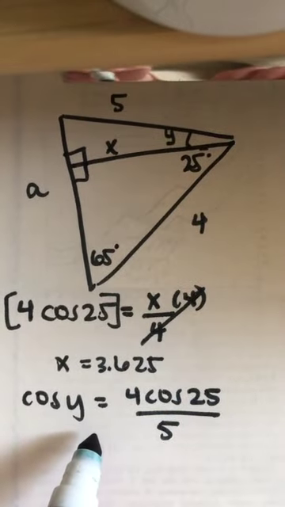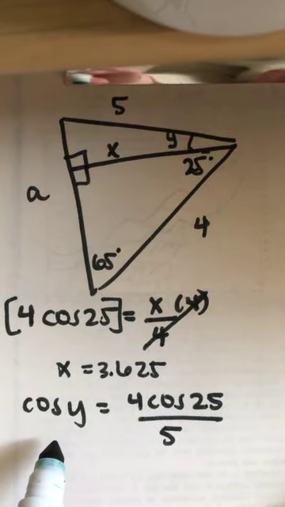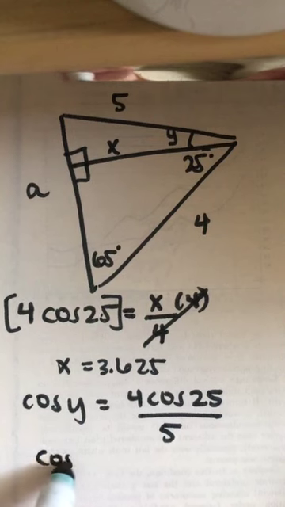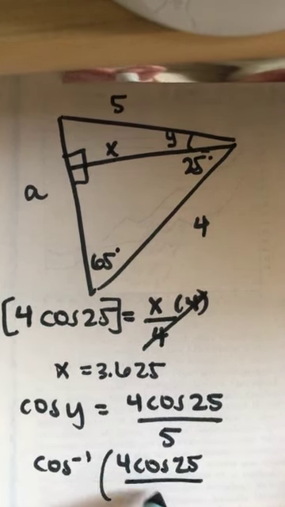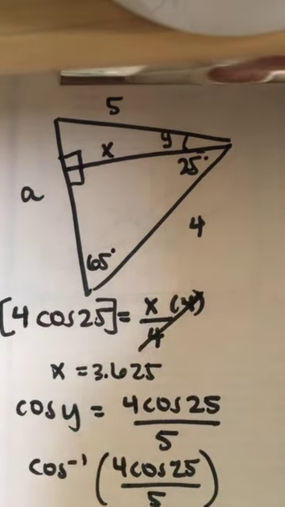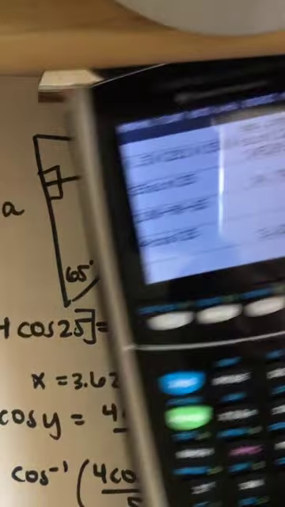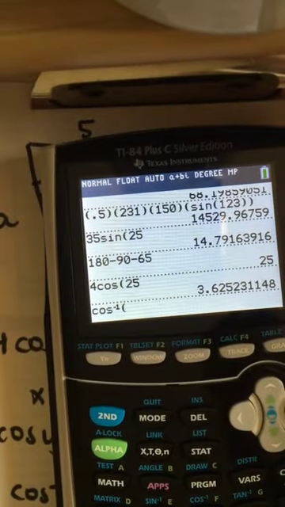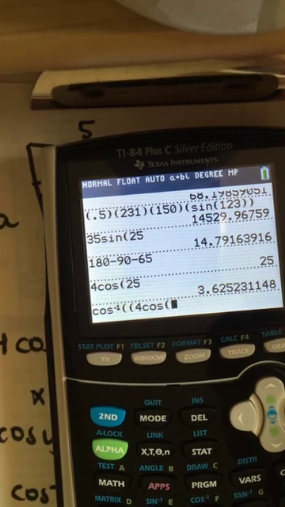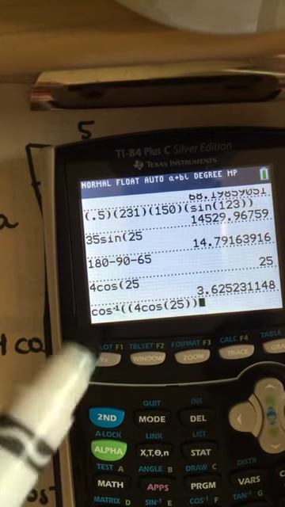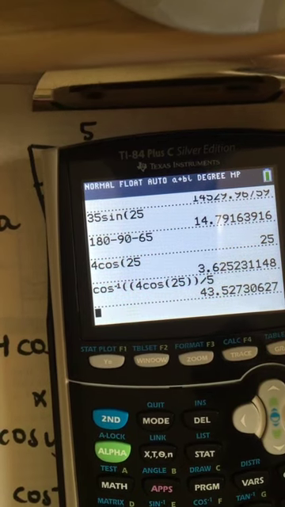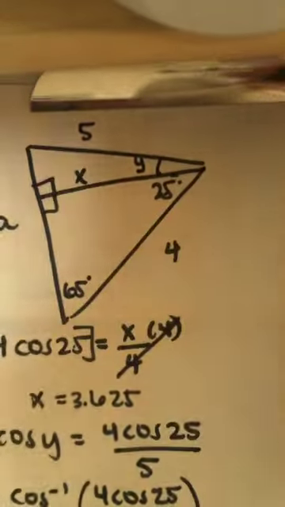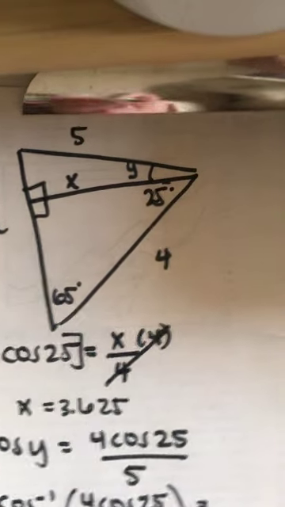But I need to find the angle. Do I use regular cosine for that? No, I use inverse cosine. So I'm using inverse cosine of 4 cosine 25 over 5. I'm going to show you that in my calculator. I'm going to do inverse cosine, and my numerator is going to be 4 cosine of 25. I'm closing off all those parentheses, then I'm going to divide by 5. Hit enter. So my final angle is going to be